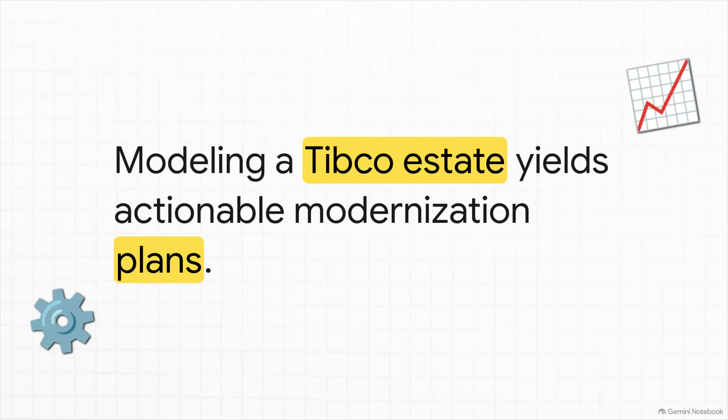The exact same logic applies to legacy systems. When a legacy TIBCO BusinessWorks estate is modeled down to the activity level using the tower, it yields actionable, estimable modernization plans. Things like dead process detection, complexity metrics, and migration costs per component become entirely visible. Because the register is tied to the code structure itself, it simply can't drift from the reality it describes.